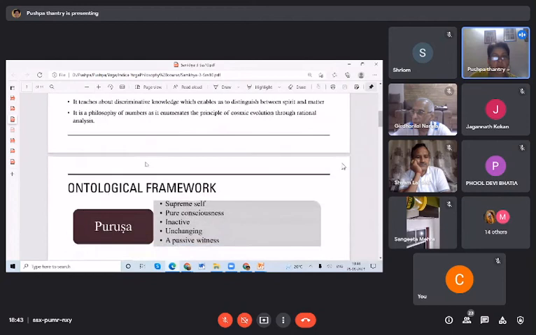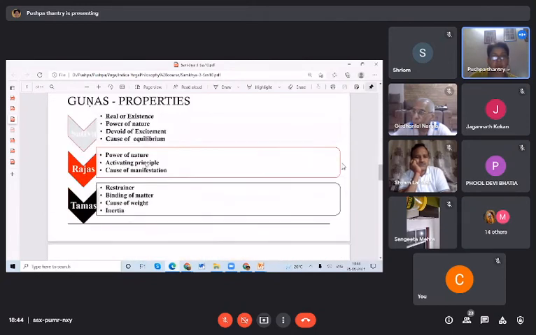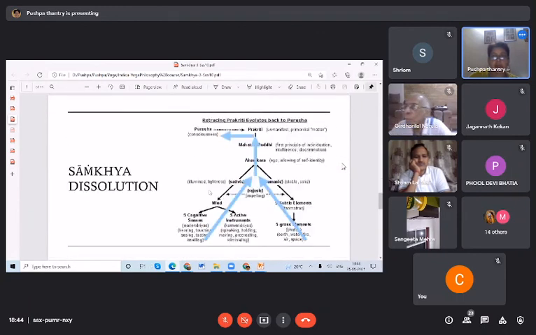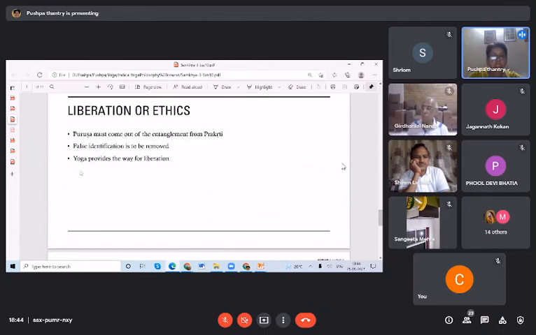I think I briefly explained the model from the other one which I took. So this is the Sankhya model that you have. And this is what it says, the dissolution. To attain that Purusha, or to go to the pure consciousness, you have to work like peeling the layers of an onion. You have to peel each and everything and then go towards realizing that Purusha within you.